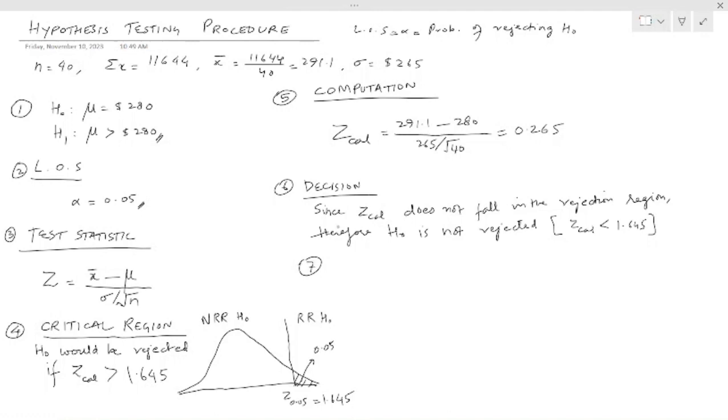Now in the last step, we write down the conclusion. And in the conclusion, we need to strictly state the implication of this non-rejection on the question, or the requirement of the question, regarding which we were testing the hypothesis. We were asked to test whether mean expenditures exceed $280 or not. To answer this, we have performed a test, and the test has ended up with a result. So we state it accordingly as the test results